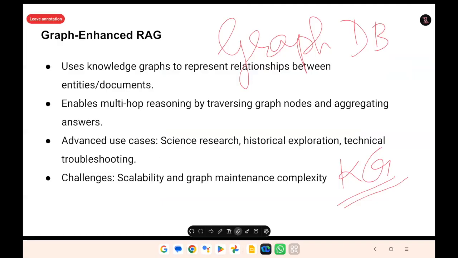I ask a question and I don't know whether to go for a relational DB or a graph DB to answer. And that is decided by an LLM. The LLM will decide which DB to query for what. And finally, you get the relevant thing, you send it to the LLM and you get the answer. Is that clear? Any questions?